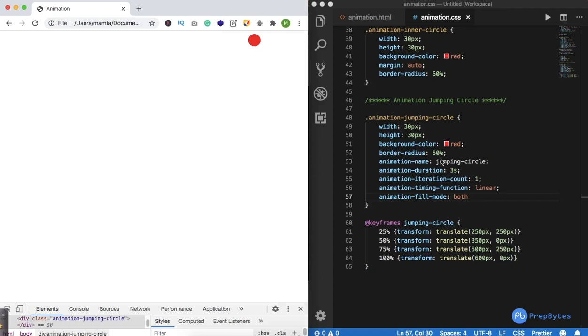In case let's say I go ahead and do it infinite, it will keep on bouncing. So make sure you go ahead and try this, and you keep playing with this particular circle and create more interesting things. Okay, all the very best.